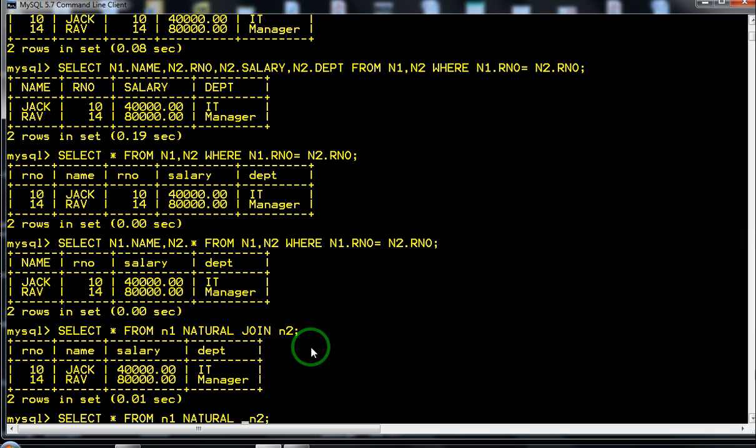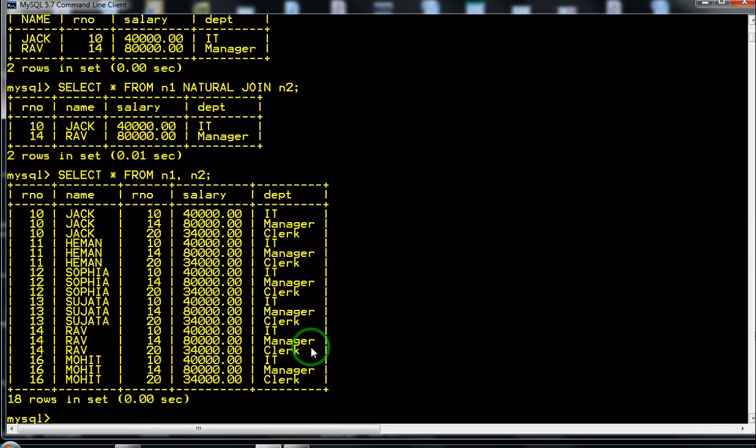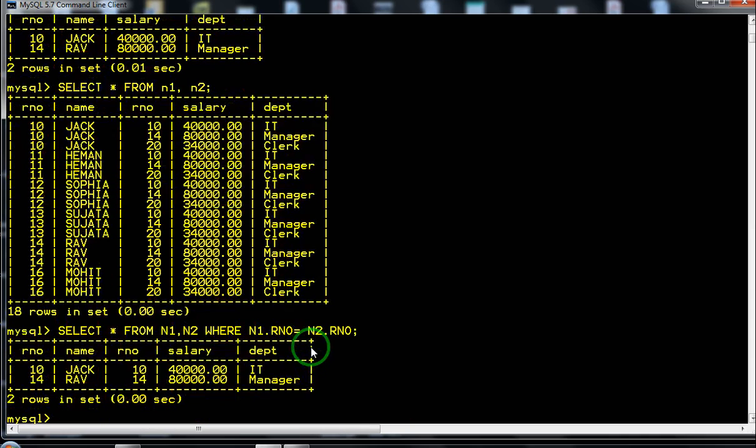If I write over here, now this is your example of cross join, because I haven't specified any condition. Here I have specified a condition, and let's put a star over here. So this is our equijoin. The columns are compared for equality.